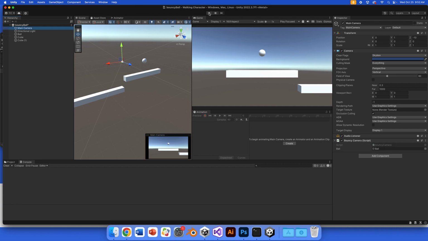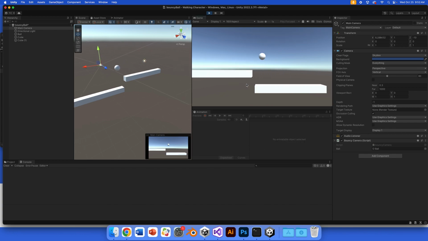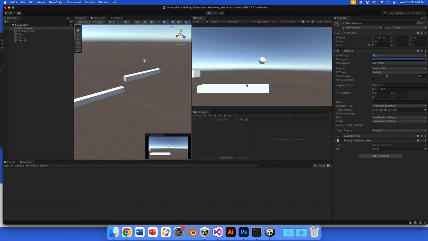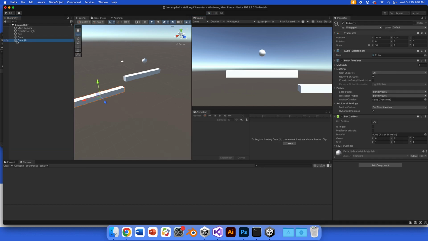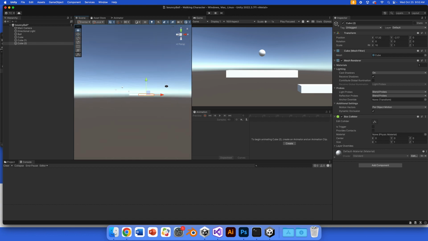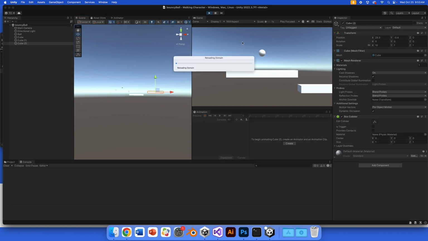So the camera should follow the ball when the ball's moving. And lo and behold, it does. And then the ball falls off the platform. So now we could have fun making our game. We can Command C, Command V, and kind of zoom out and set up some little platformy layers and have fun setting up a little obstacle course. We'll just make an enemy that,